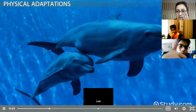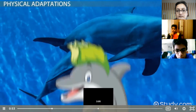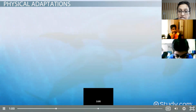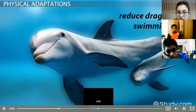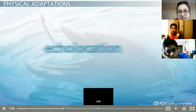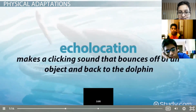The dolphin's sleek, elongated body shape allows it to zip through ocean water at very high speeds with ease. Because dolphins are mammals, they once had hair. They still have hair follicles, or tiny holes, all over their bodies. However, through evolution, they've lost all of their hair to reduce drag when swimming. Dolphins also have several adaptations that aid them in catching and eating food. To find food, a dolphin uses the process of echolocation, whereby it makes a clicking sound that bounces off of an object and